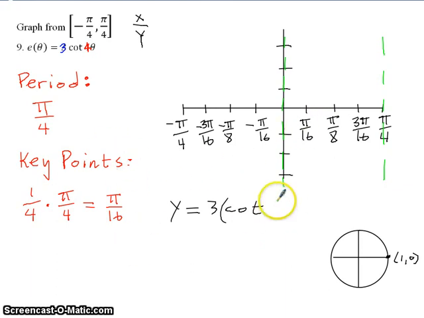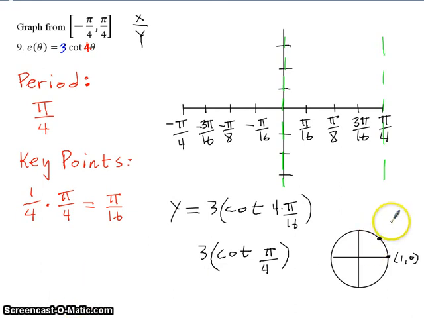If I plug in pi over 16, I have 4 times pi over 16. And that's going to take me to 3 times the cotangent of pi over 4. What the heck is pi over 4? Cotangent of pi over 4. Well, that takes me to this position on the unit circle. And at that spot, I have root 2 over 2 divided by root 2 over 2. And x over y, that's going to give me a 1 times 3, which is 3. So we're going to go to 3